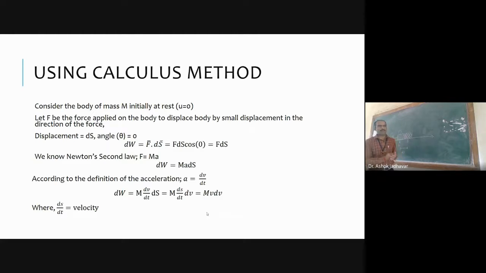So work done can be written as dW is equal to F dot ds. In the precise case when there is a very small displacement ds, a very small work is done, and that work done is dW. So dW is the work done when an applied force is acting on the body with mass m and the body is displaced by a very small distance ds in the direction of force. Did you get what we have said here?